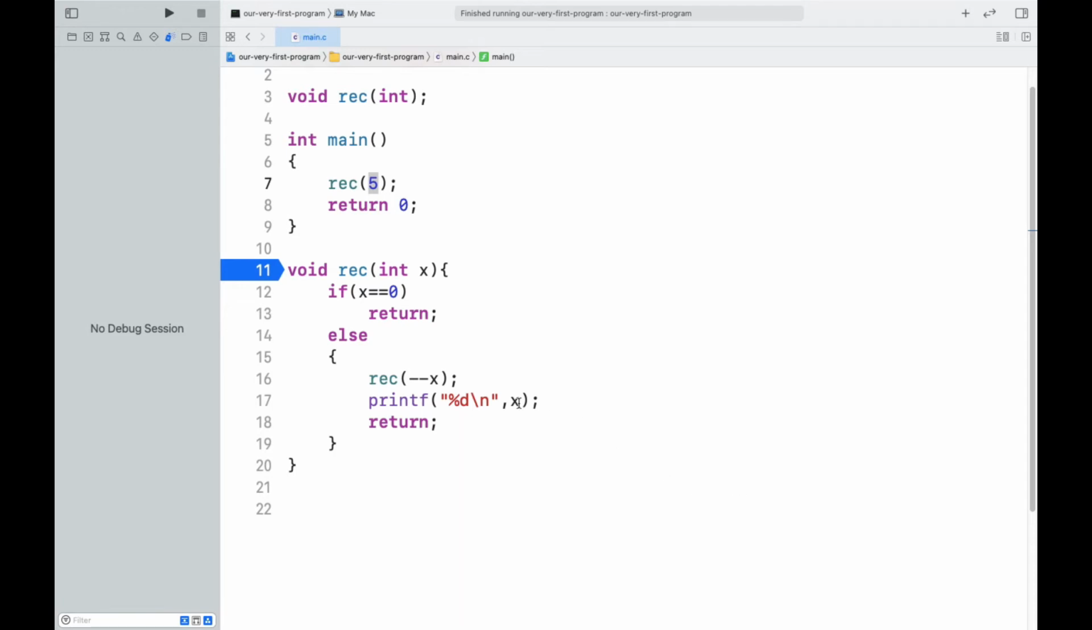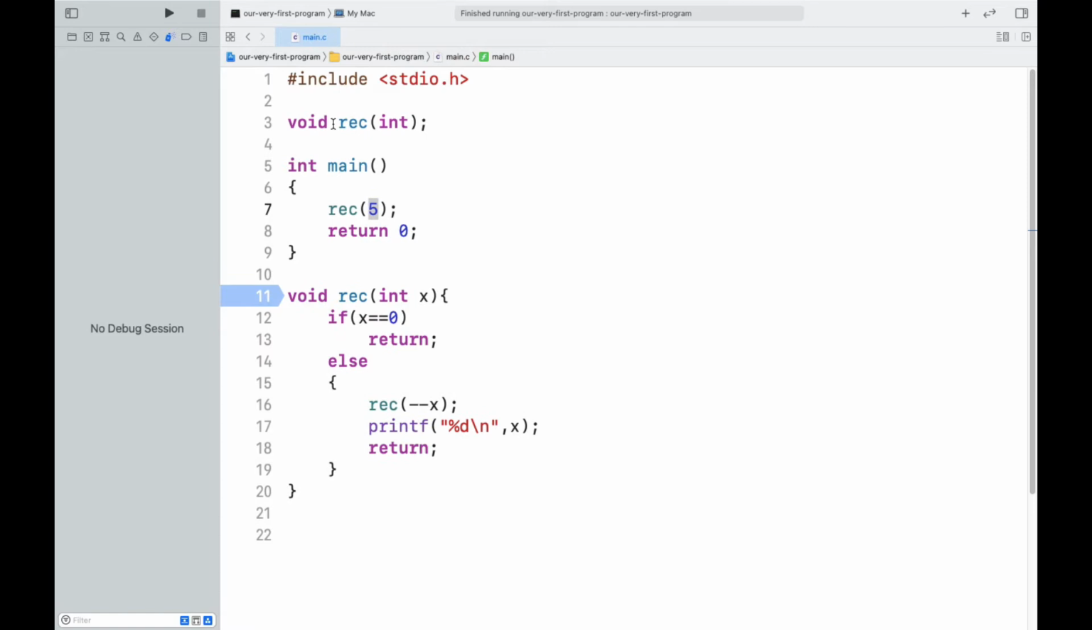So this is a recursion function that I have written. The name of the function is REC, short for recursion, and its return type is void. Let's see what its definition is. The definition says if the value of the input x is 0, then the function is going to return. And a point to note here: void functions, or functions returning nothing at all,